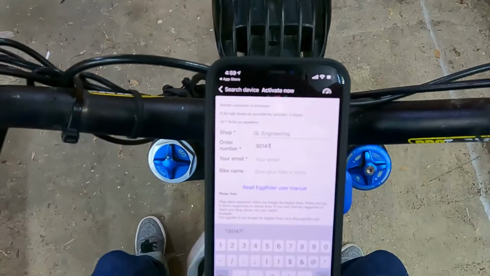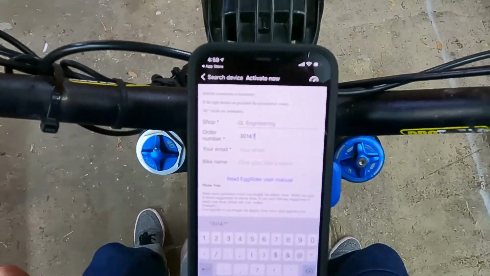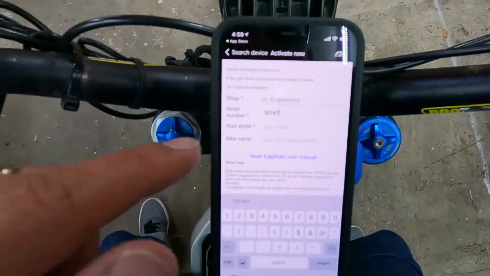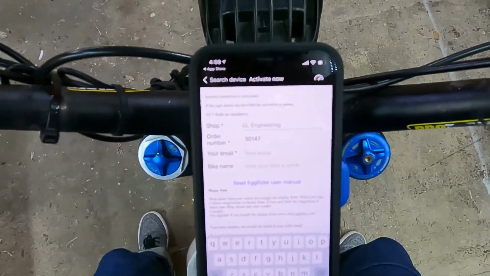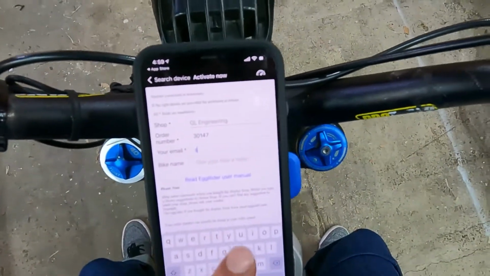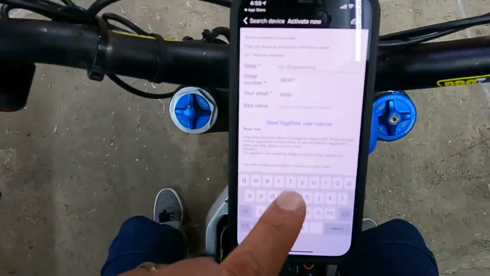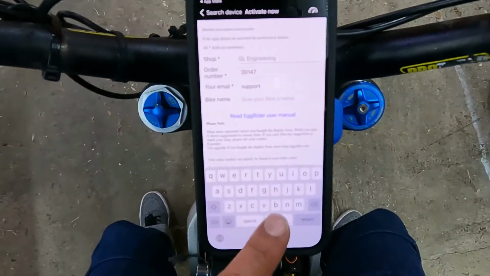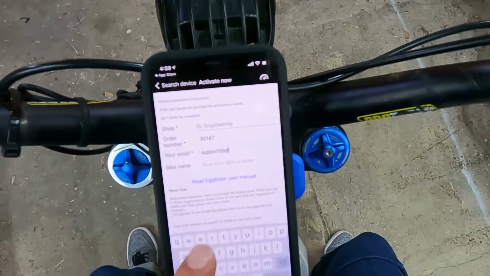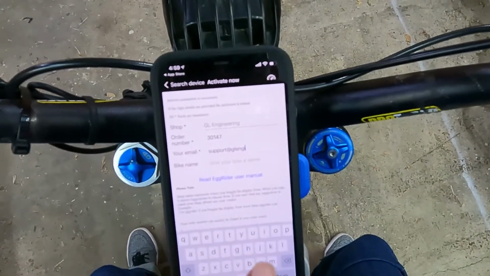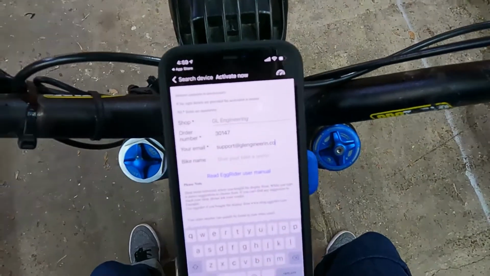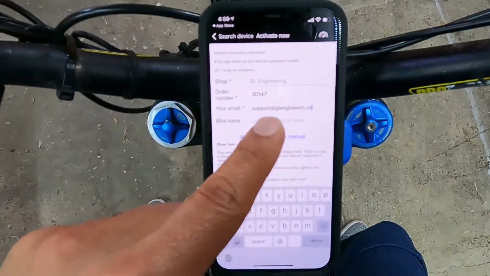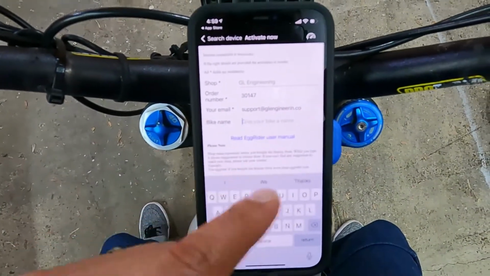So that's the order number that you're going to use. You're not going to use the order number from the shipment you received or the purchase you made. You're going to use this order number. And then here, you're going to type in your email. I'm going to put in support@glengineering.co. Okay, that's my email,